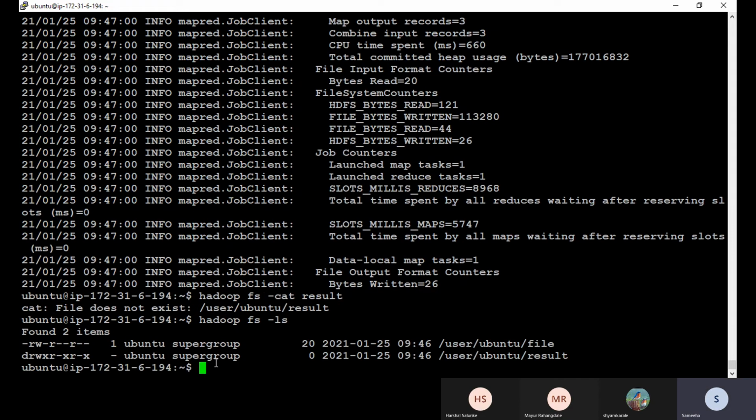Two files are there. Do ls. This one. The file is saved. Try nano result. Hadoop fs -nano result, maybe.